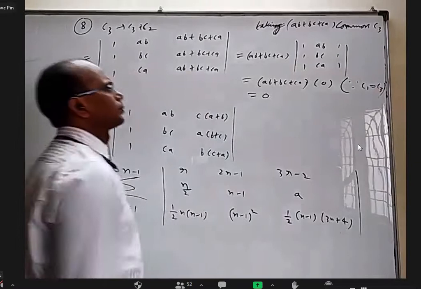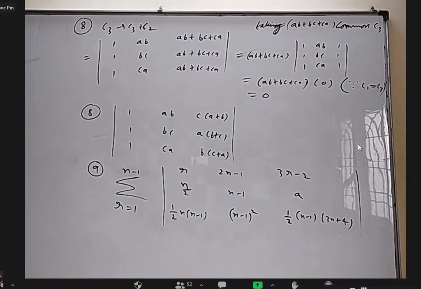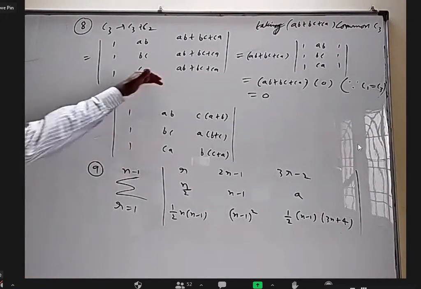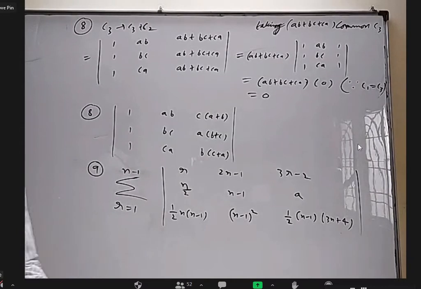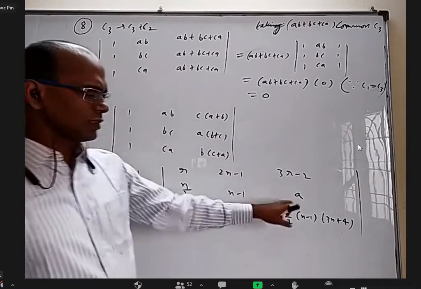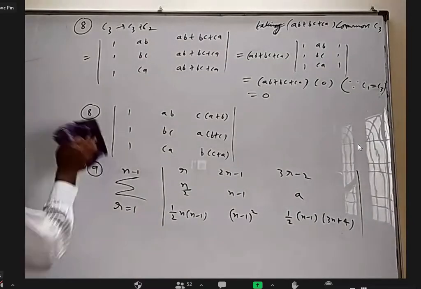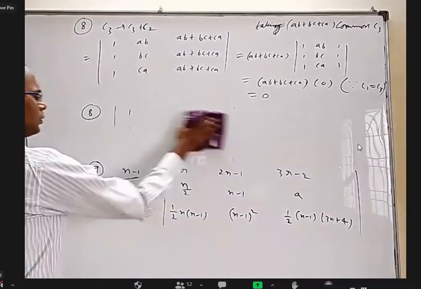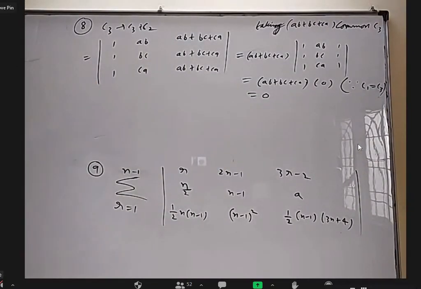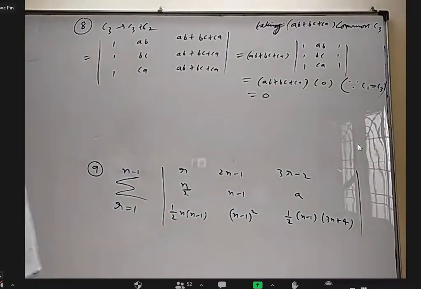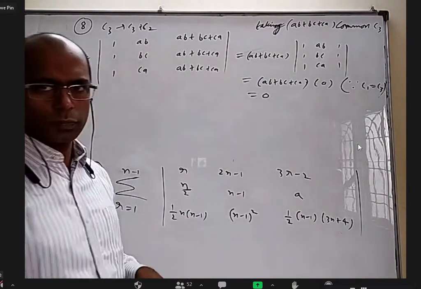So which is 0. Okay. Bhavani, is it okay? Yes, sir. Sir, in the 9th question, second row, last element is A. Yeah, this is A. This is some A. Sir, can we take n minus 1 as common from row 3? Row 3, if you want, you can take common. I feel they may not be required, but you can take it common.